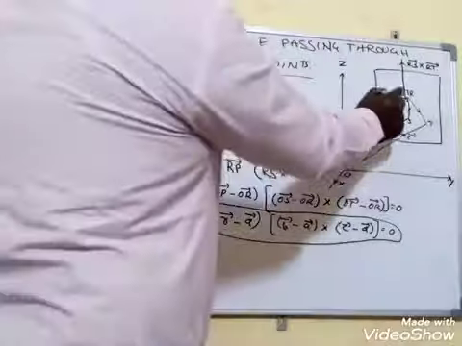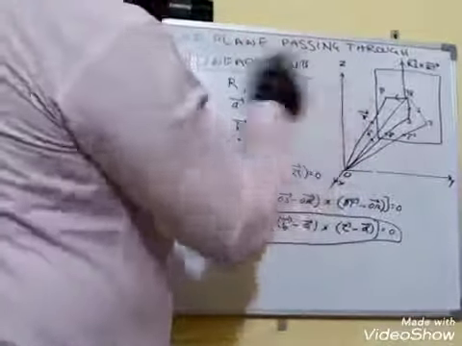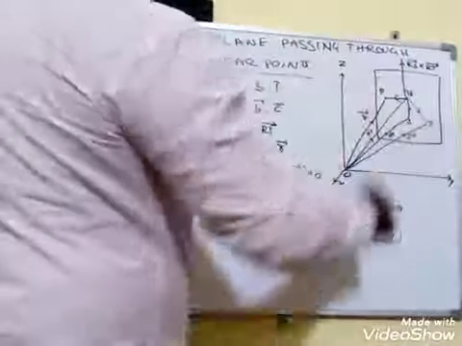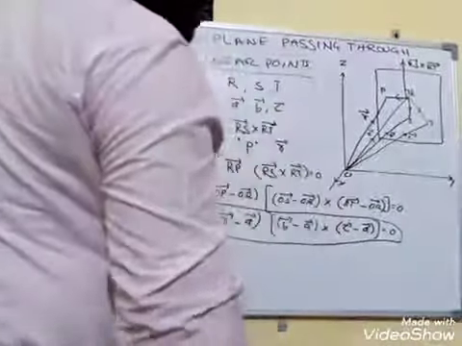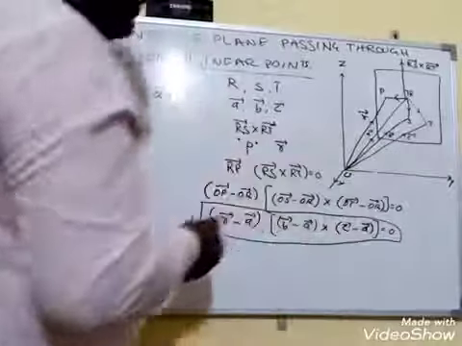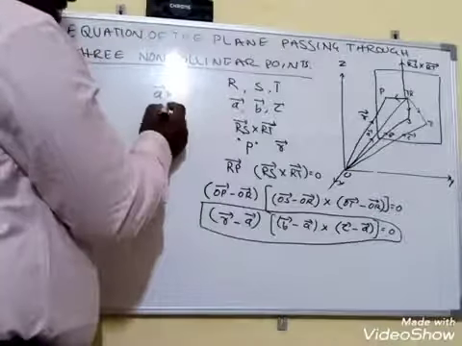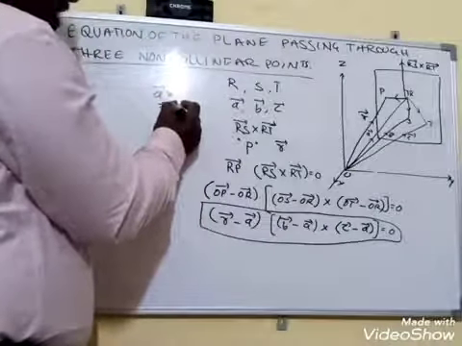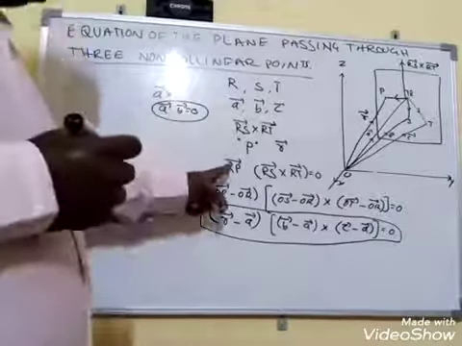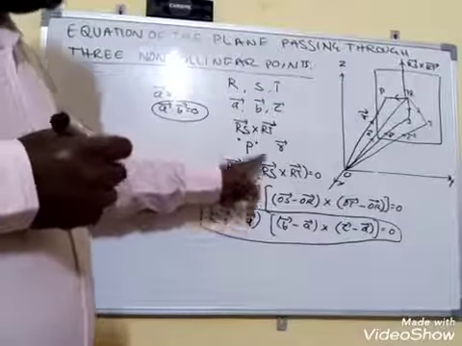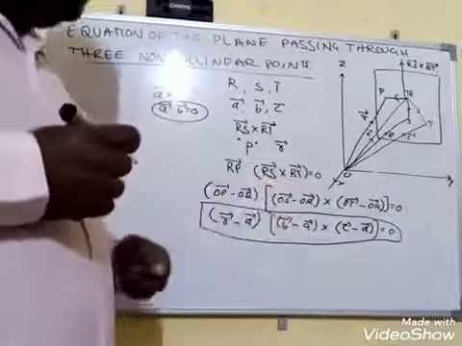Now it is perpendicular to RS bar, that means the vector lies on the plane. It is perpendicular to RT bar, that means the vector lies on the plane. Ultimately, it is perpendicular to the RP bar. Now, when two vectors A bar, B bar are perpendicular, what do you know? A bar dot B bar is equal to 0. Ultimately, here the dot product, we are going to get RP bar dot RS bar cross RT bar is equal to 0.